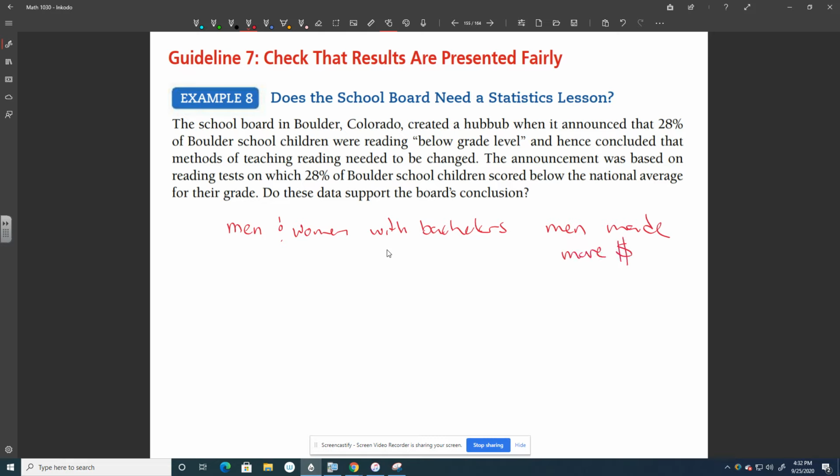That's what this textbook said. Men with a bachelor's, women with a bachelor's, the men make more money. And then based on that statement, it went on for multiple pages to argue how the workplace is unfair to women because men with bachelor's degrees are making more than women with bachelor's degrees. And that really didn't sit